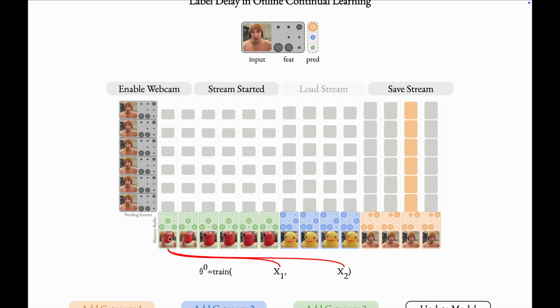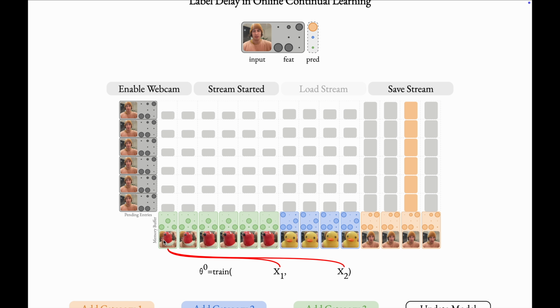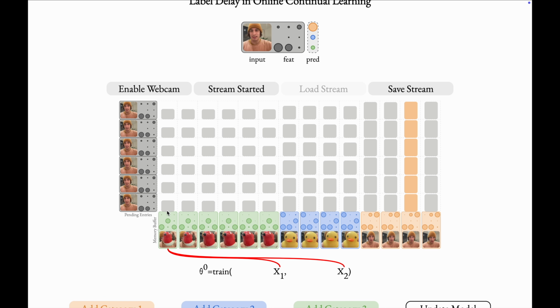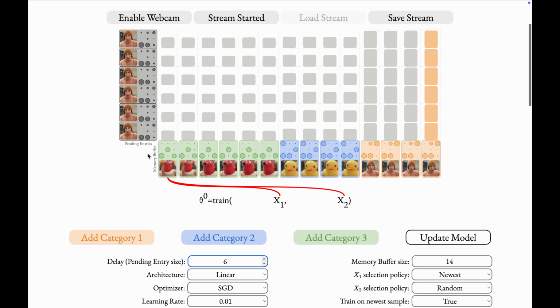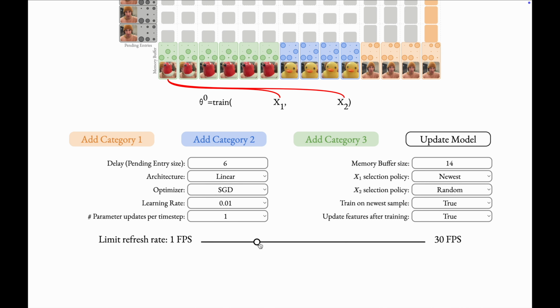Then even though you believe that the best example to train your model on is the most recent sample in your memory buffer, probably that distribution is going to be outdated. The bigger this delay is going to be,